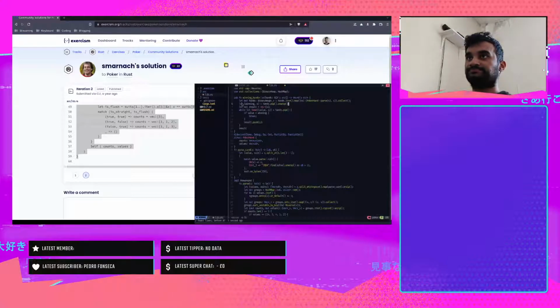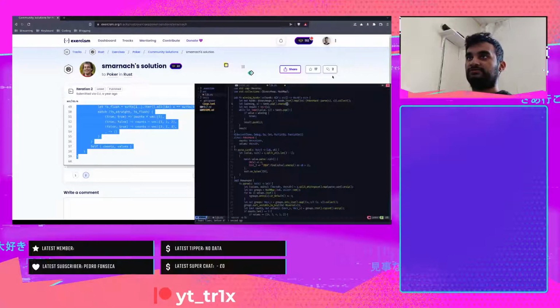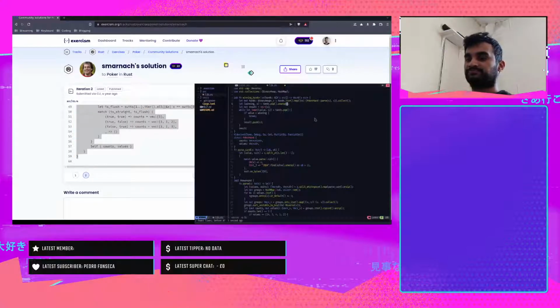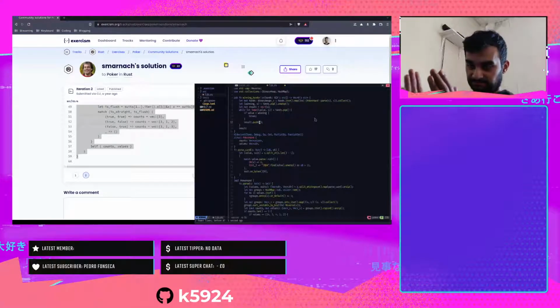Then we have a winning hand string, which is just popping each value from the hand and unwrapping it in this value. Then we have a result, which is just a vector object of strings. Then we have a while loop, which takes an option of a value and a sum from popping the values from these hands. And if the value is greater than the winning hand in this object, we break. Otherwise, we would push the string, which is just the